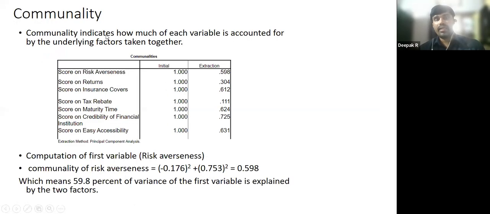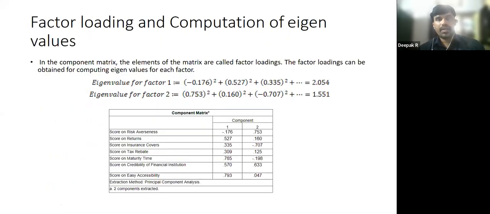Communality indicates how much of each variable is accounted for by the underlying factors. So what we want is, if I take the first variable, where I had asked on risk averseness, the second one was on tax rebate, and everything else, what percentage of each variable is accounted for? So the first variable, risk averseness, because here we had got the component matrix,